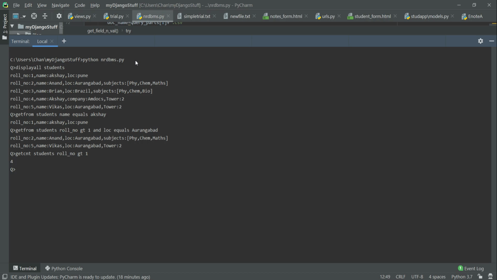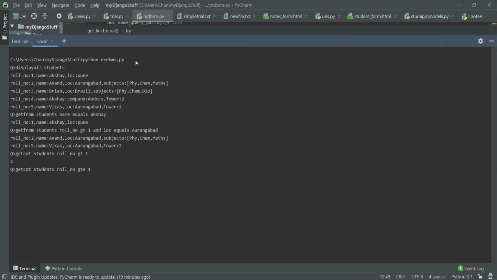Other than this, if we want to use the count as well as multiple conditions, we can say get count students roll number GTE. GTE basically is greater than or equal to, and the condition which we put earlier was GT, which was just greater than. So in this case it will check equal to 1 as well.